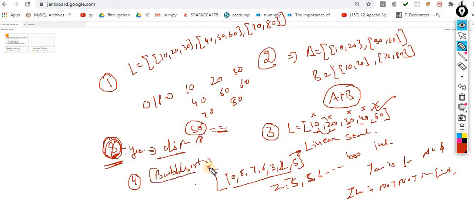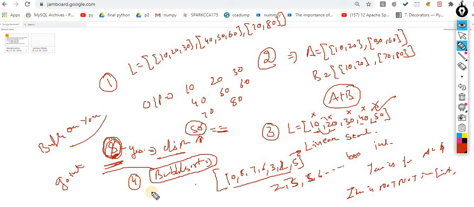You may not know bubble sort. For this assignment, you have to go to the internet and search what is bubble sort on YouTube. Try to find out what exactly bubble sort is. In the meanwhile, if I get time, I will definitely upload a video on bubble sort and publish it on YouTube, on my US Data Technology channel. I am not giving you a guarantee that I will definitely make the video on bubble sort. But in the meanwhile, you have to search out what exactly bubble sort is. You have to learn it from YouTube.